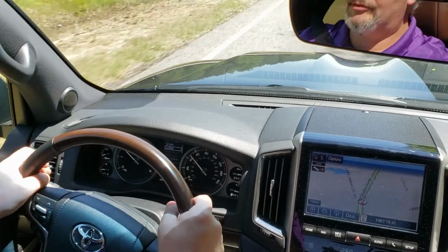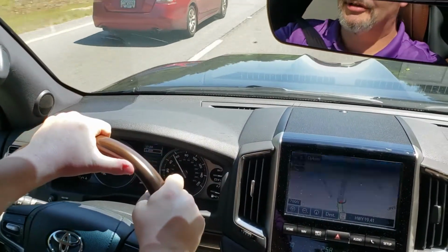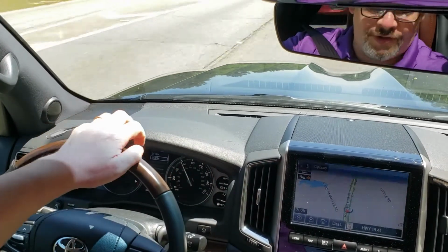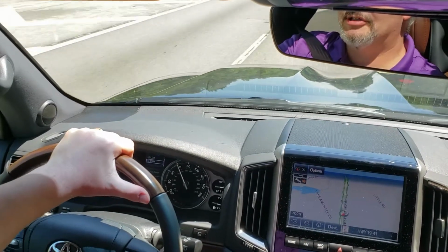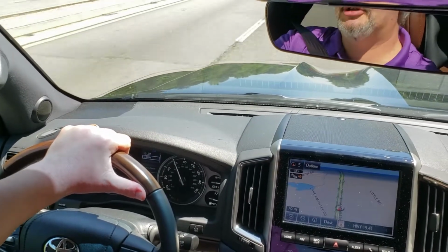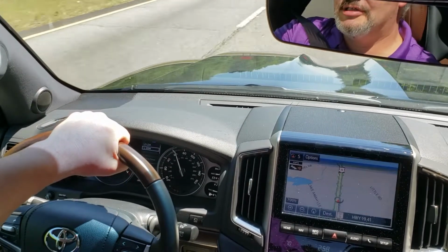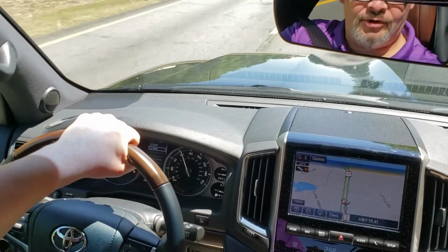We're taking it down to Atlanta Motor Speedway. Going to give it a ride around the outside of the facility, so not on the track itself. They don't let us do that, although that would be quite a lot of fun. We're heading down there. We're going to give it an agility test, which is what we do. We have fun with the smaller cars doing that, but this is an all-terrain vehicle,